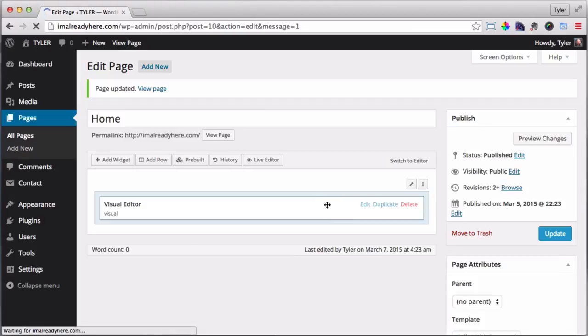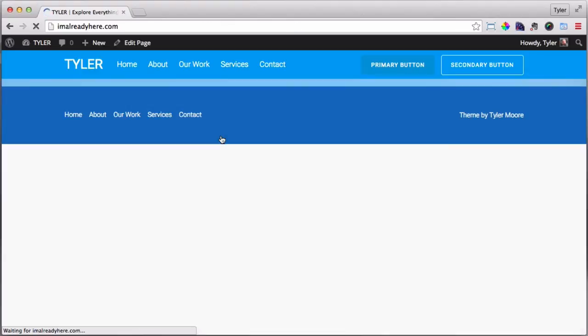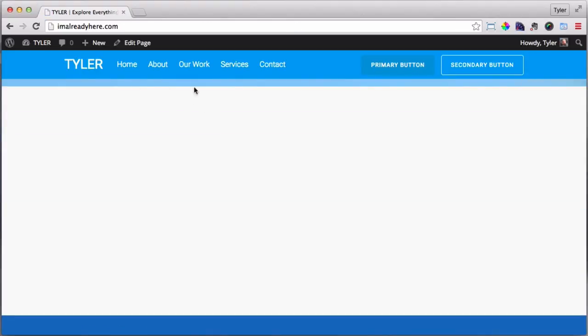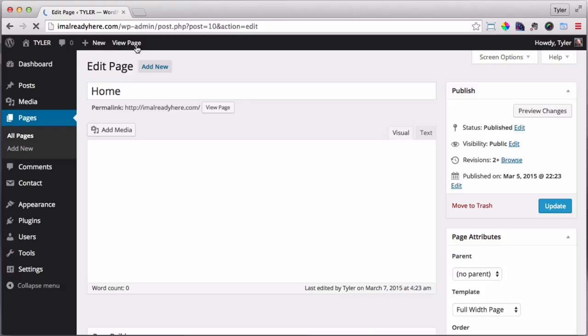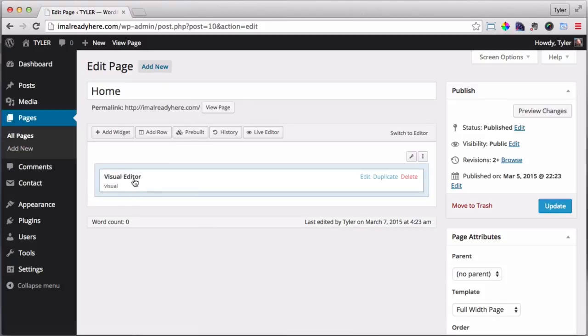So now we should have a beautiful background on our home page. But if we view the page, we're not going to see it. So I'm going to click View Page. And we're just going to see this tiny, tiny bit. And why is that? That's because we have no content in here. There is nothing inside this visual editor, so it has no height. We can fix that by pressing Edit